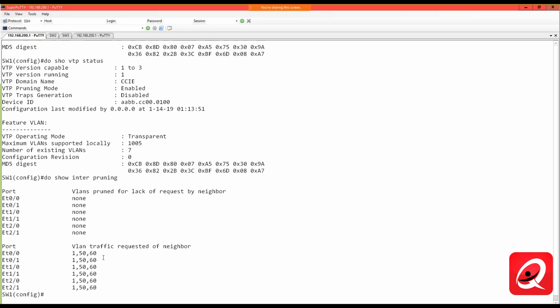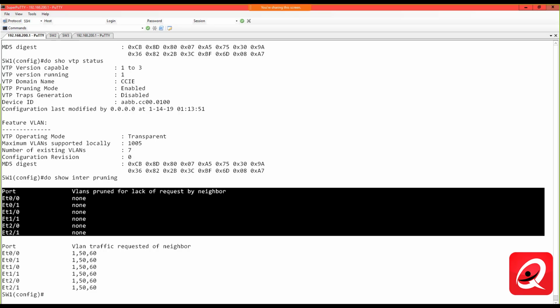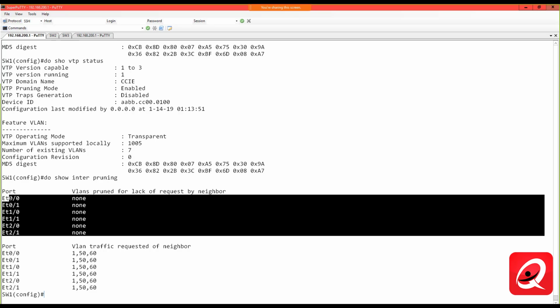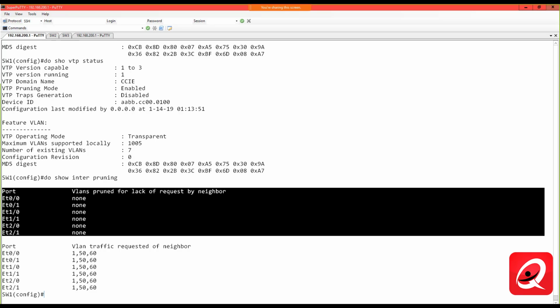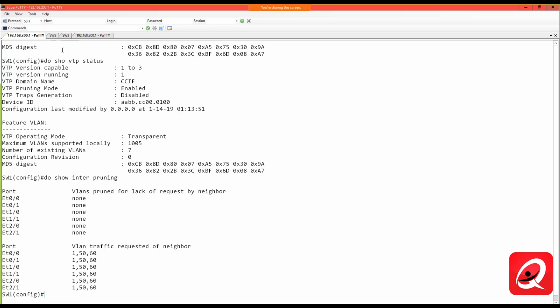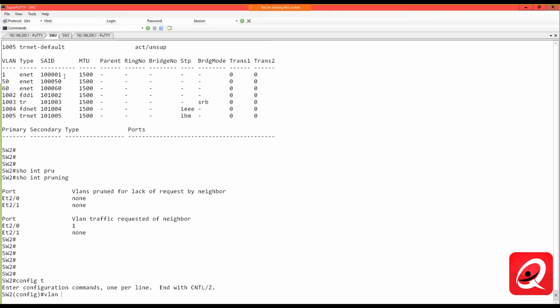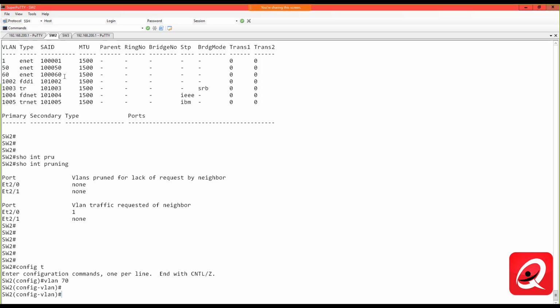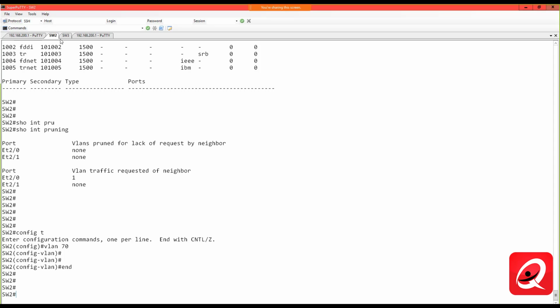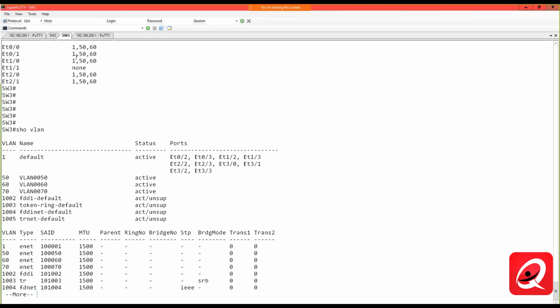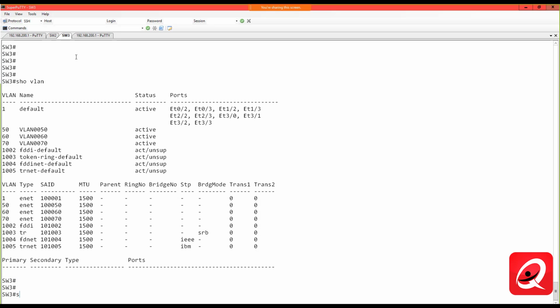Now, if I look at VLANs pruned for lack of request by neighbor, this indicates now that I'm not really doing pruning in this case because I'm in transparent mode. Now, here's the question. If I go ahead into switch 2 and I configure a VLAN, let's say I add VLAN 70 on switch 2. Of course, that's going to propagate to the other switches in the topology. VLAN 70 gets added. Now, if I do a show interface pruning,